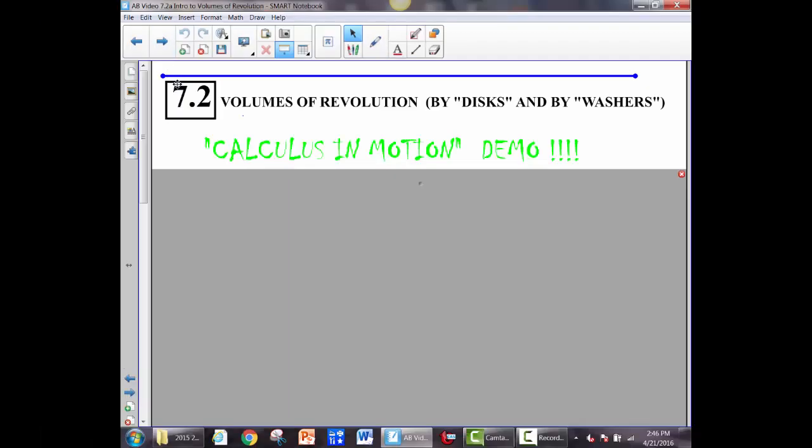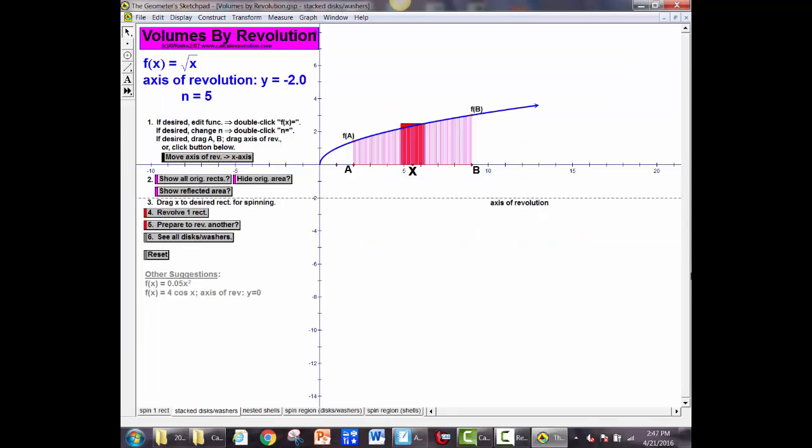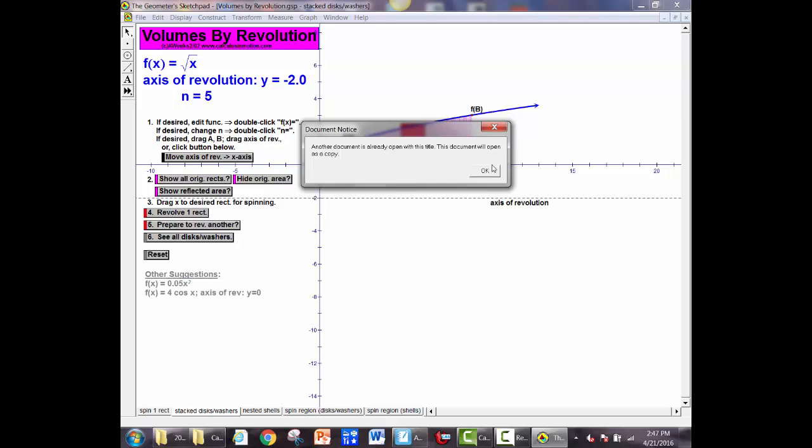Find the volume. Let me pause for a second here and pull up Calculus in Motion, because you're going to want to see this. So here's an example. The function we have here is y equals root x. We're taking the region,